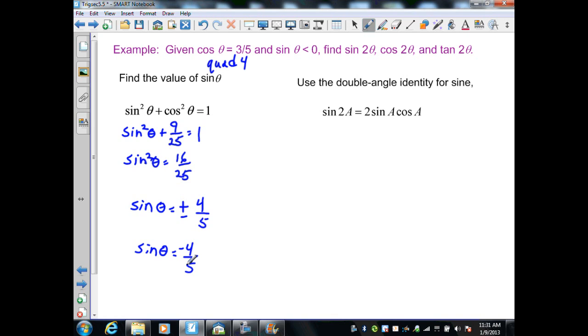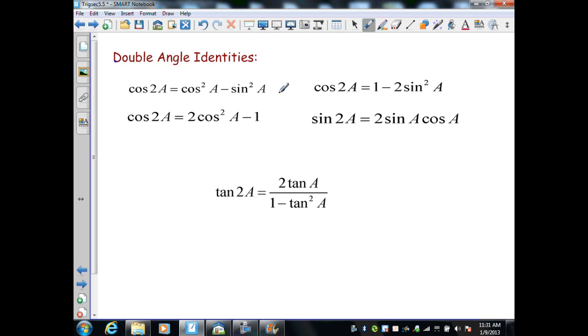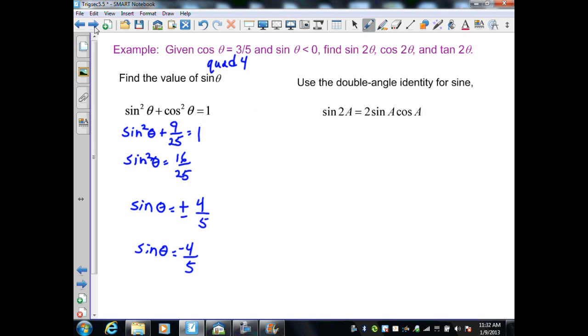Now, I can use one of my double angle identities to find the sine of 2a. And I can use this one because I know the sine of a and the cosine of a now. So I have that placed here. All I have to do is substitute in, bring down sine 2a equals 2. Sine a I just found to be a negative 4/5, and cosine a was given to be 3/5. And when I simplify, I'm going to get sine 2a equal to negative 4 times 3 is a negative 12, times 2 is a negative 24